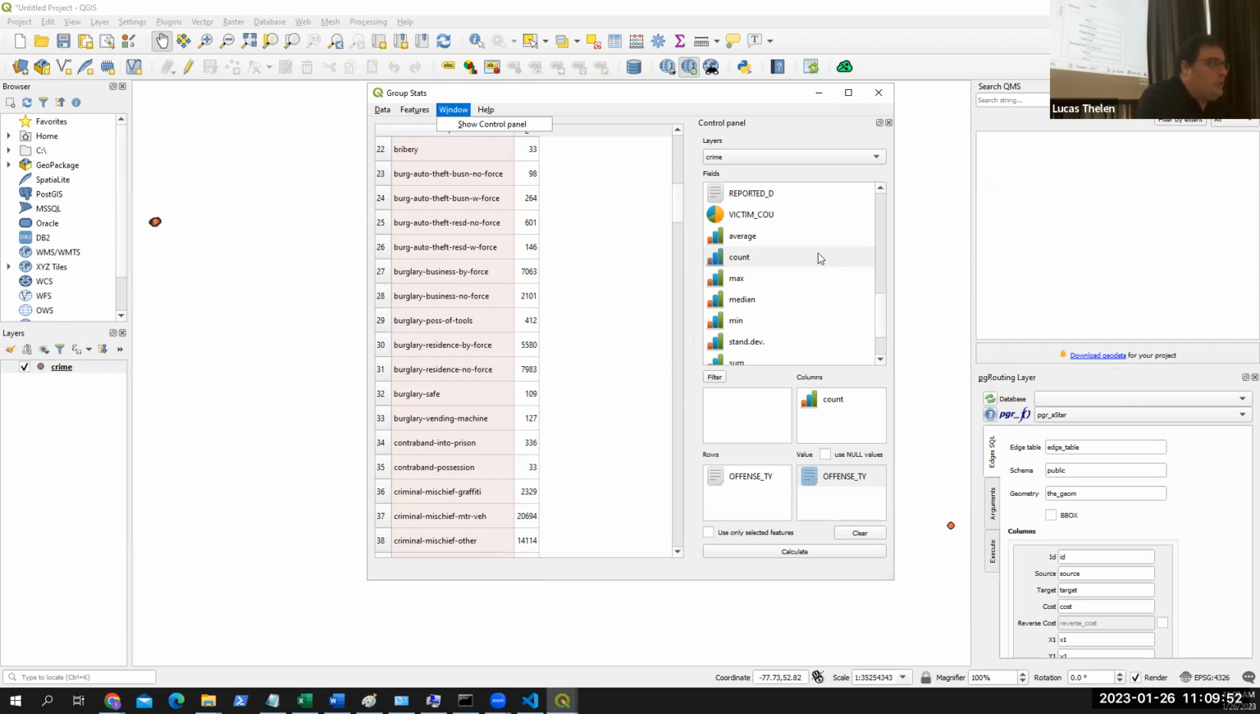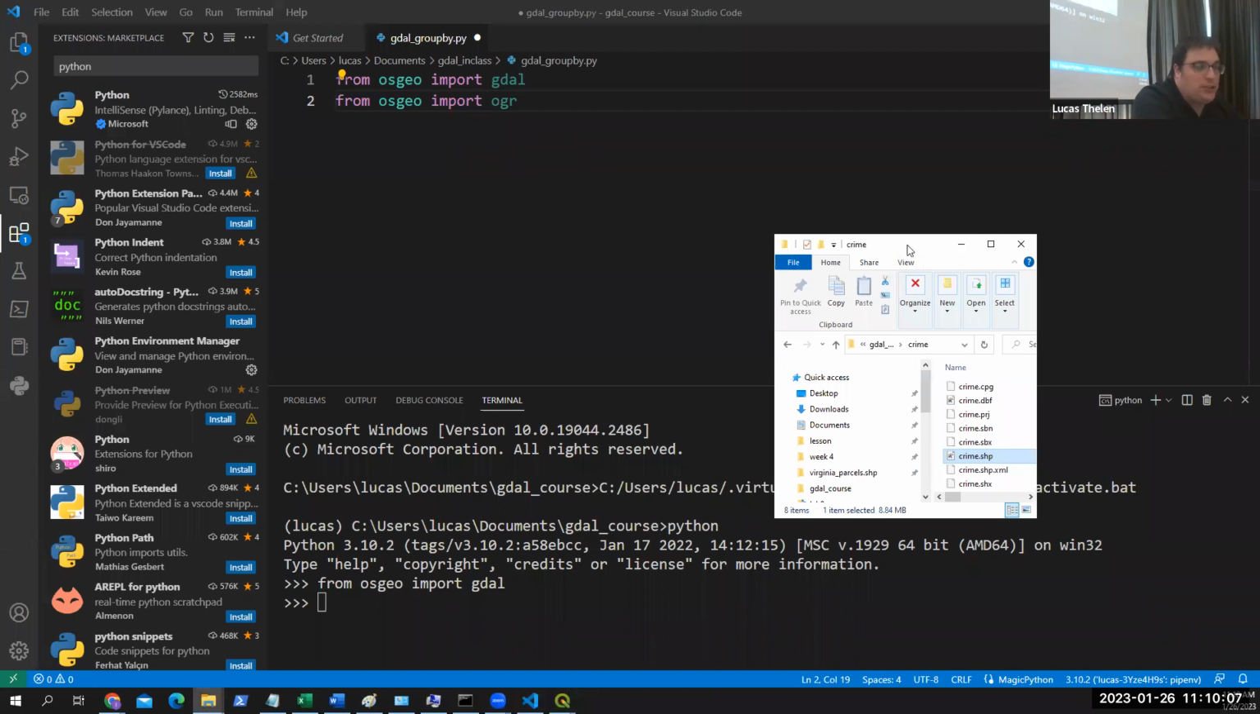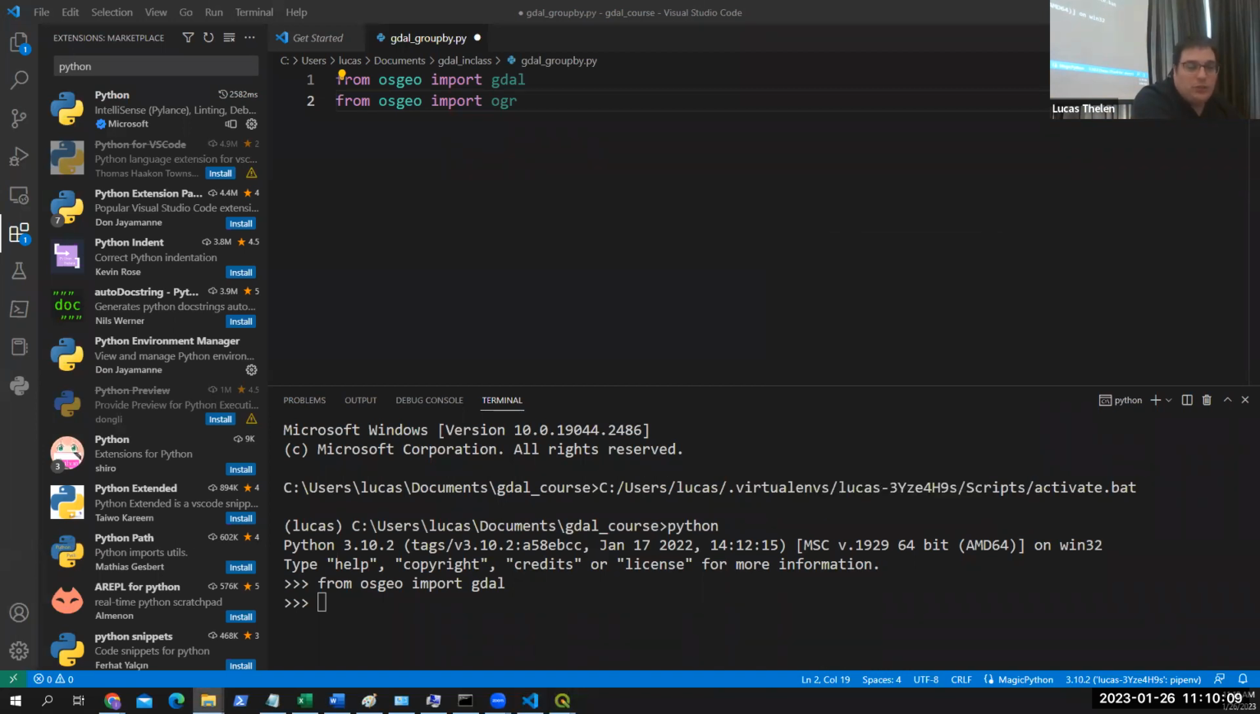Well, let's say we don't want to use QGIS. Let's say we wanted to do this in Python. We can also do that. So let's start writing code. So in order to do that,